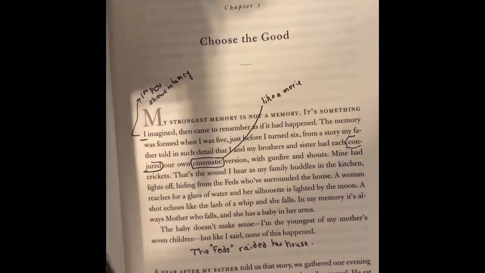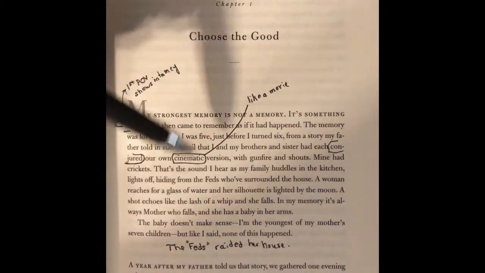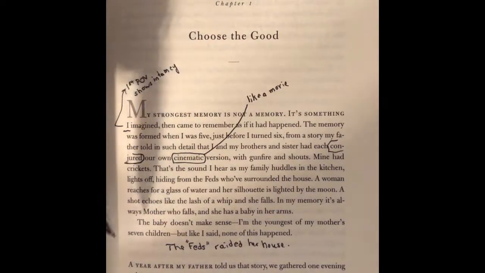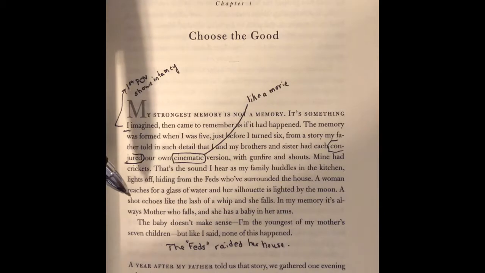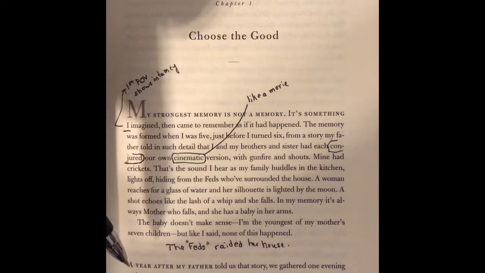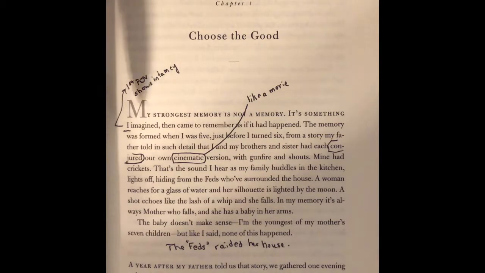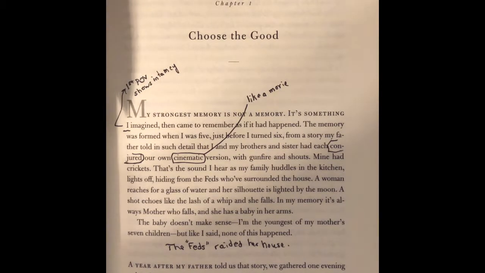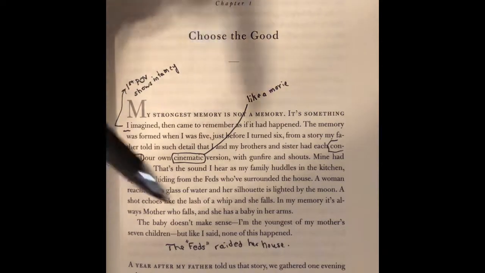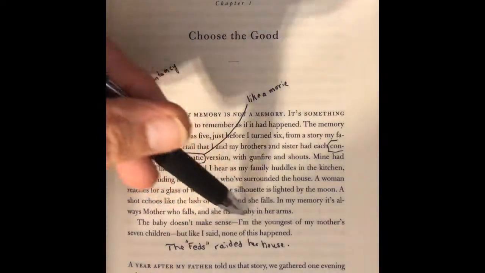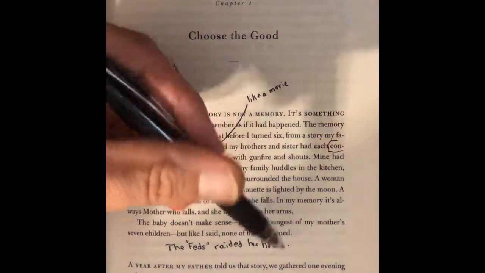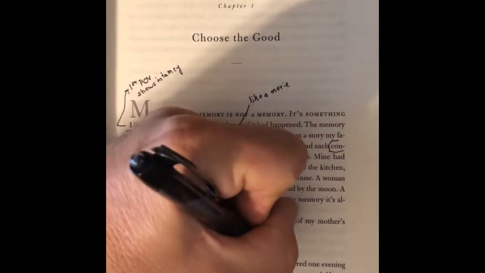And that's a great summary too, because that can lead us right into our 4th type of annotation, which is asking questions. So we can ask why we feel like the feds might have raided her house, and that might be something that will be answered later. We're going to ask questions about the character who's telling us the story. Who is she? How old is she? Where is she now? But since we have the feds here, I'm going to go ahead and add another annotation that asks a question. Why